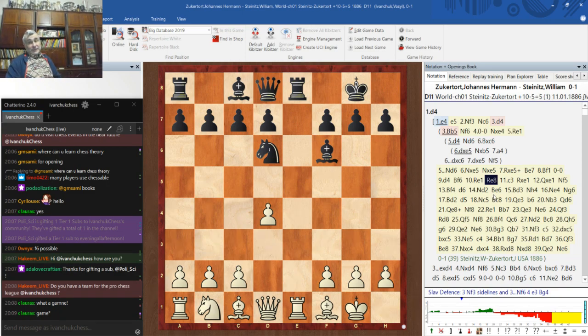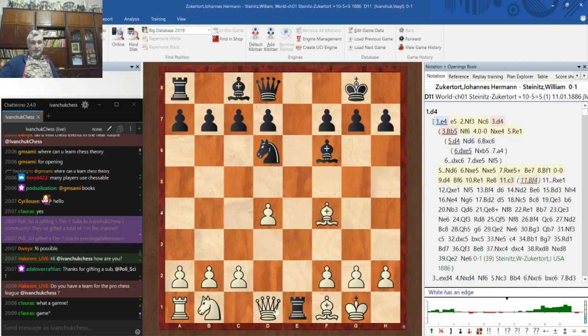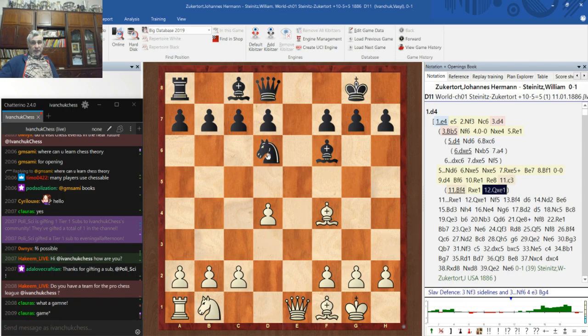So, quite modern position. And now there is a lot of theory. For example, it's possible to play bishop f4, takes, knight e8, knight c3, bishop takes d4,